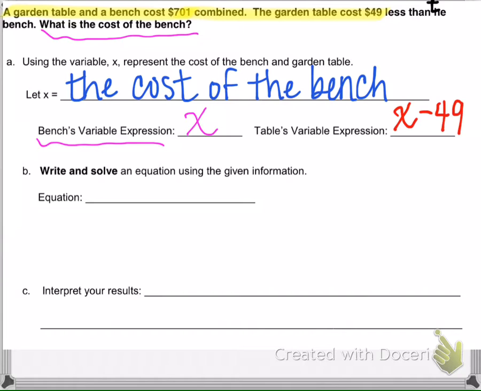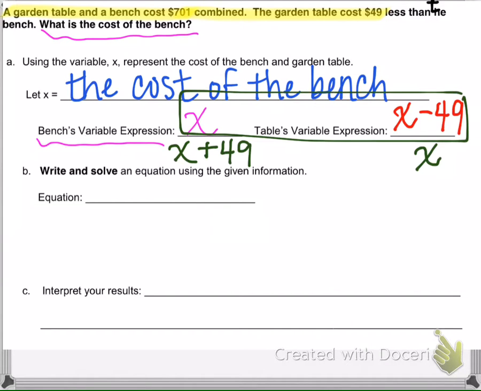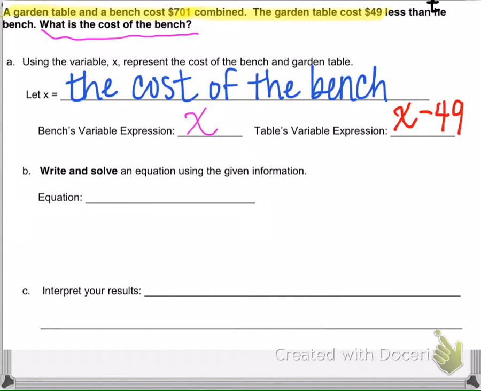Now we could also do this problem where this is X, and if this is X, then the bench is $49 more. So you either need to have this option or the second option. And if you have the second option, then the X represents the table's variable expression. Alright, so it says altogether it costs $701, so the bench plus the table